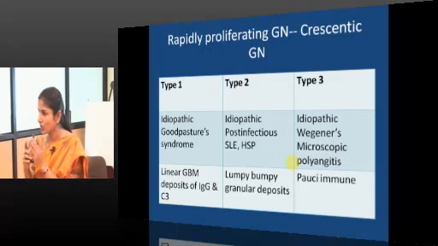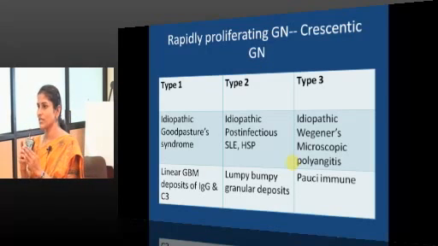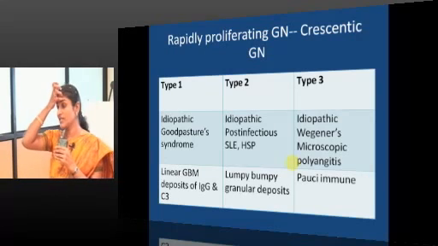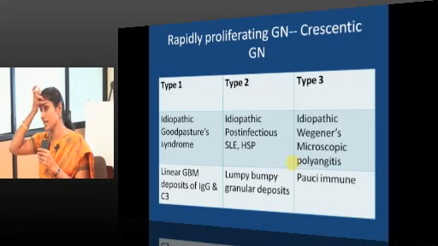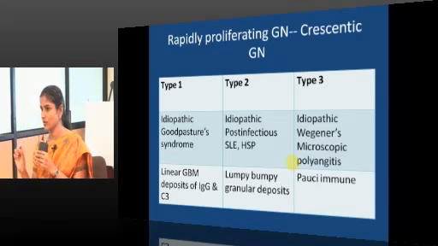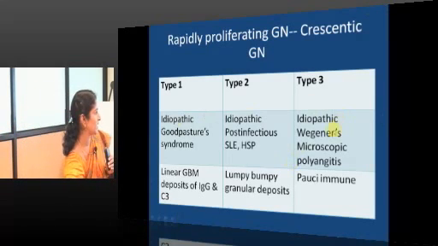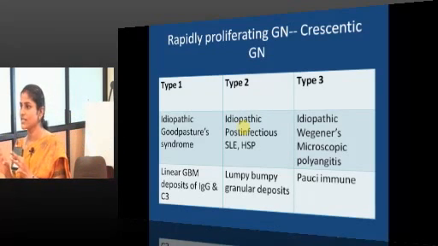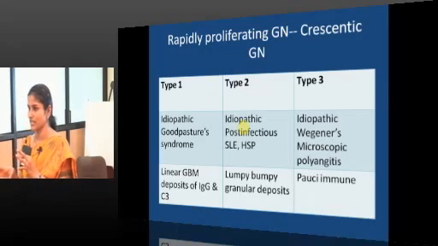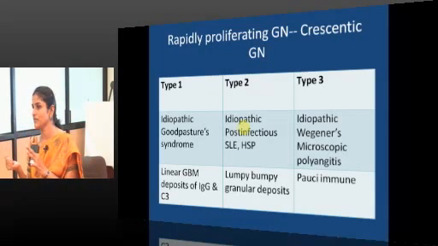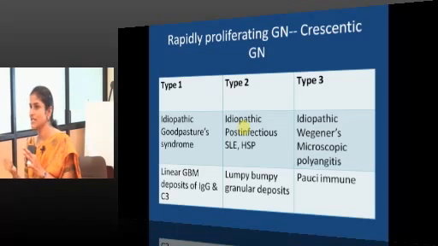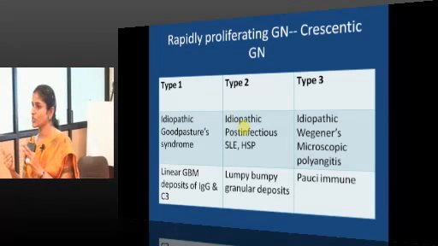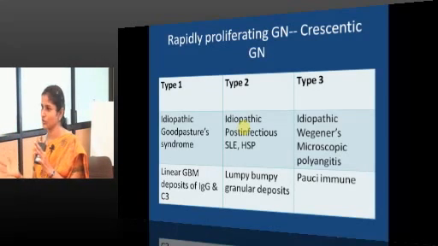So, only when it comes to small vessel vasculitis, we are going to see whether it is immune complex or ANCA positive. The same thing, actually glomerular vessels, they belong to which type of vessels? Large vessel, medium or small? Small. So, it is basically small vessel vasculitis. So, in type 2 it is due to immune complex, and in type 3 it is due to ANCA positive vasculitis. Which vasculitis is CANCA positive? Wegener's is the only vasculitis positive for CANCA. PANCA will be positive in some close to 10 pathologies.